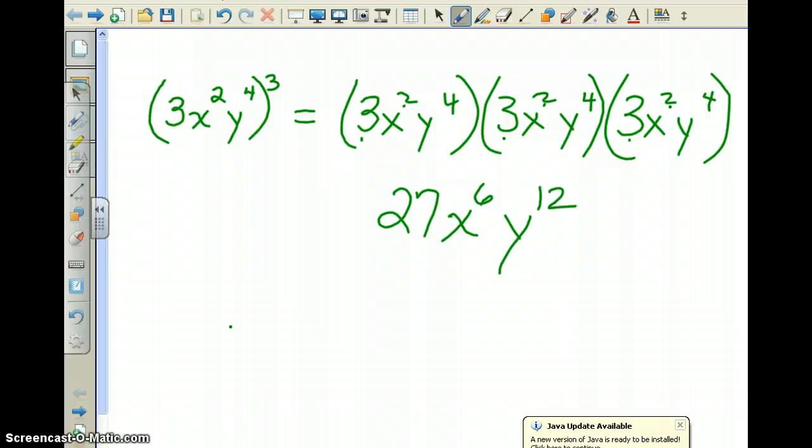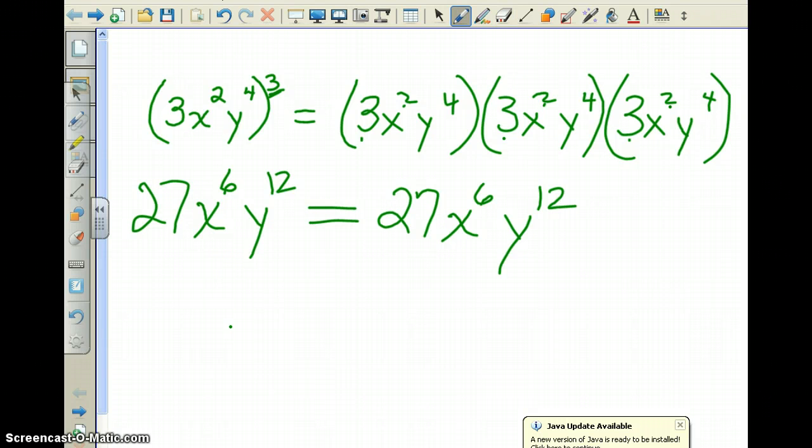Now here's the thing you should notice, that if we go back to my original expression and distribute this 3 as an exponent, I'm going to get 3 to the third. I'm going to give the exponent to the coefficient. And then I'm going to do the same thing with the x. 2 raised to the third power, or 2 times 3, makes 6. And y to the fourth to the third, or 4 times 3, will make a 12 from that last law. And notice 3 cubed is the same thing as 27, and we end up at that same